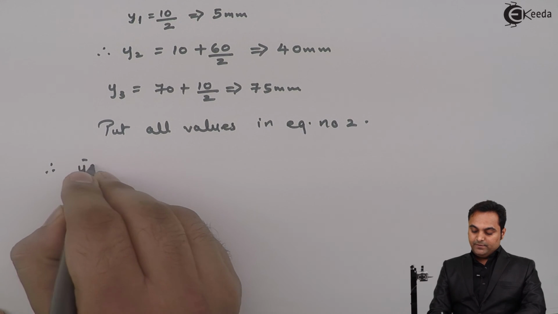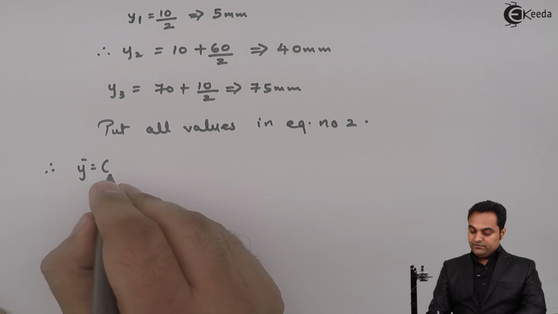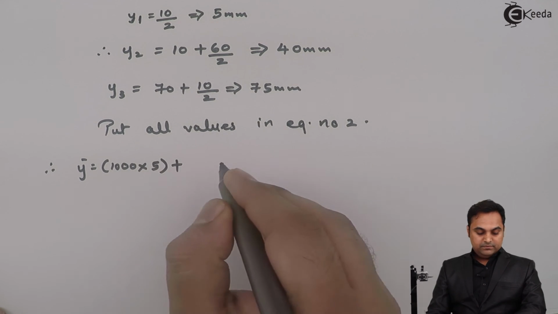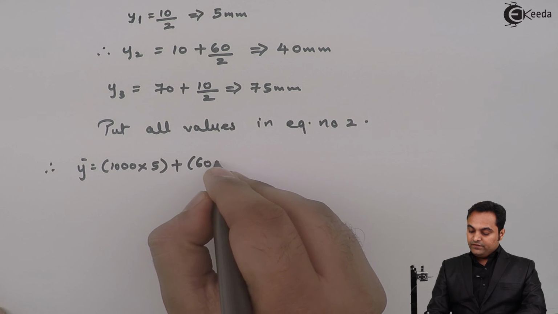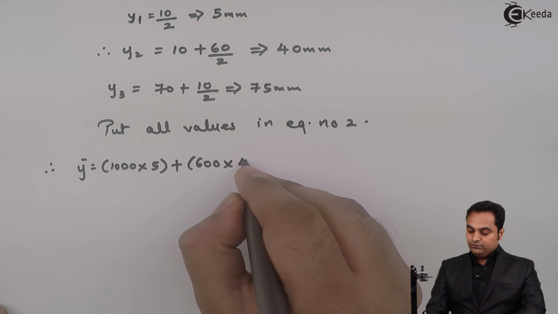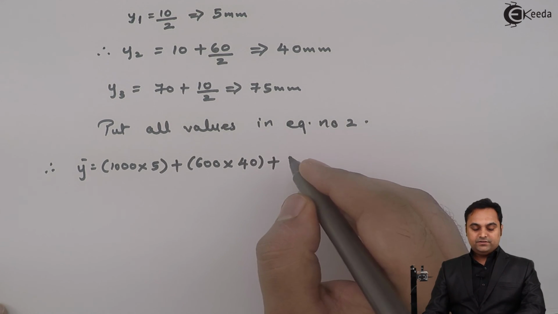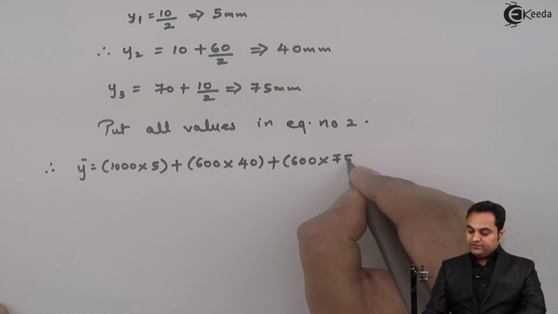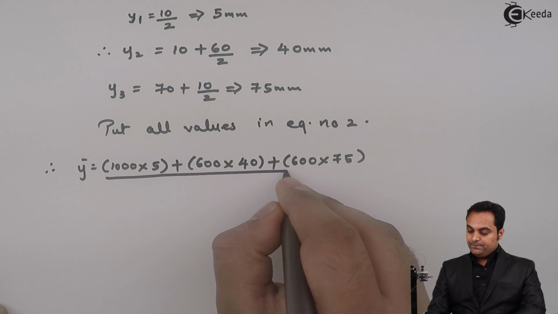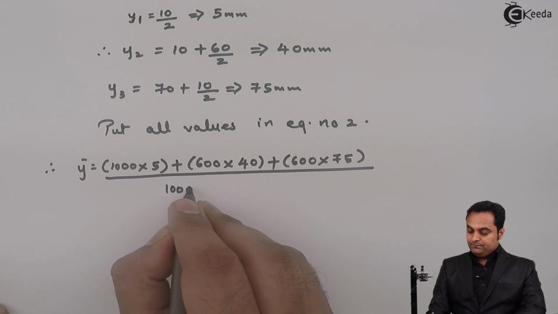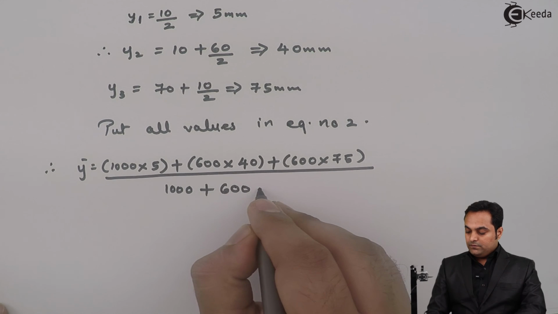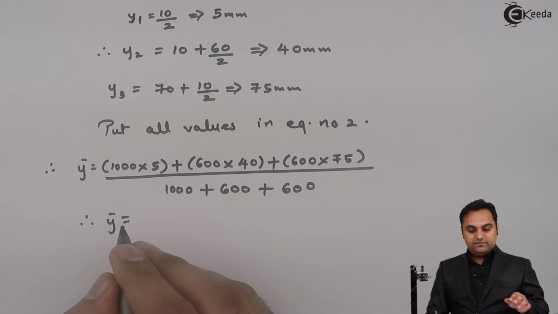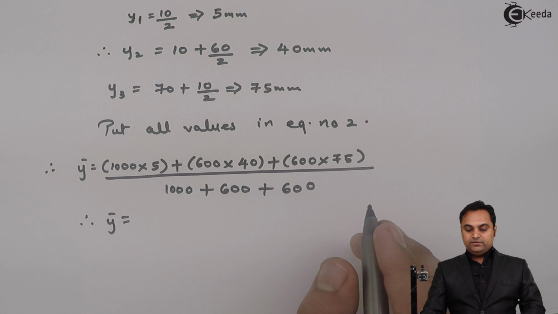So here we have y bar is equal to area 1, which is 1000, into y1, that is 5, plus area 2, that is 600, into y2, 40, plus area 3, which is again 600, into y3, which is 75, divided by area 1 plus area 2 plus area 3. So from this, the y bar answer which I have, it is 33.64